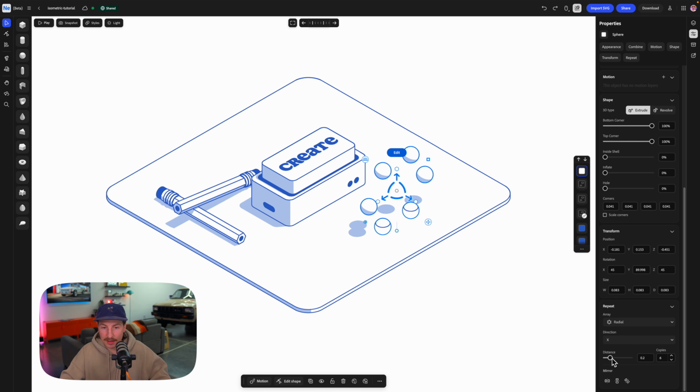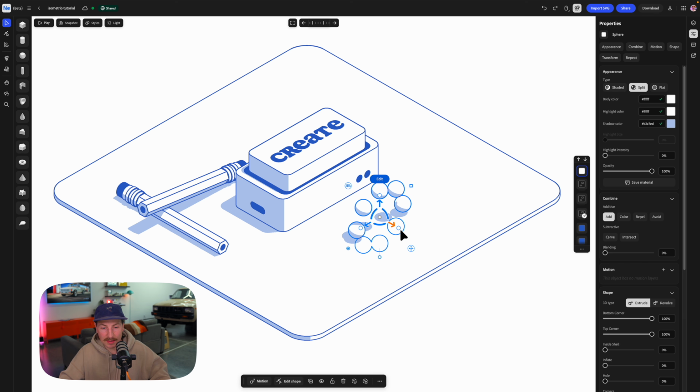It's pretty cool, huh? I can adjust the distance, and I'm actually going to add a couple more copies. So I'm going to bring it up to 8. Let's bring that distance down a little bit. Whoops, wrong way. So now let's place this inside of the artboard, or inside of the canvas. So this was actually a cool effect, I think, that added to the overall